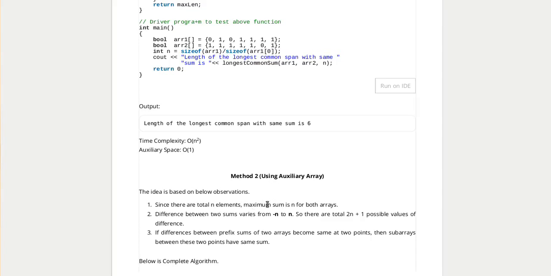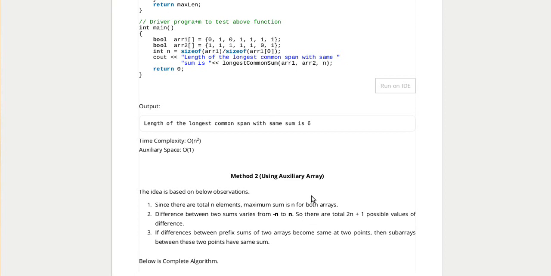So the maximum possible sum for any of the arrays is going to be n, and at any given point if we try to calculate the difference of the sums in the two subarrays, the difference is never going to be more than plus n or minus n, because if all of these entries are 1 and all of these entries are 0, in that case it's going to be n, and vice versa, when the first array is all zeros and the second array is all ones, the difference at the last point will be minus n. So we will use this information later on.